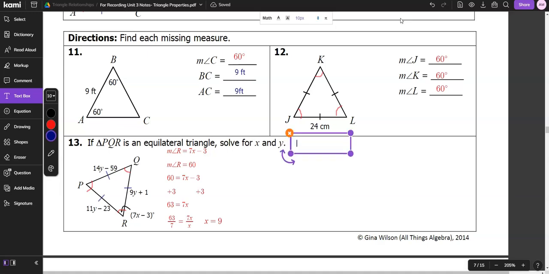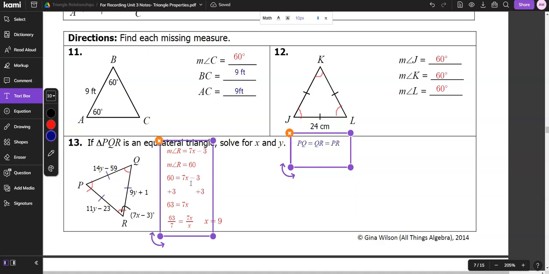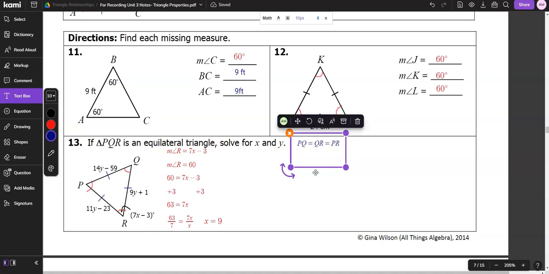So that tells us that PQ is equal to QR, which is equal to PR. And then you're going to choose any two sides to set equal to each other. So I'm going to select PR and QR, and I'm going to say 11y minus 23 is equal to 9y